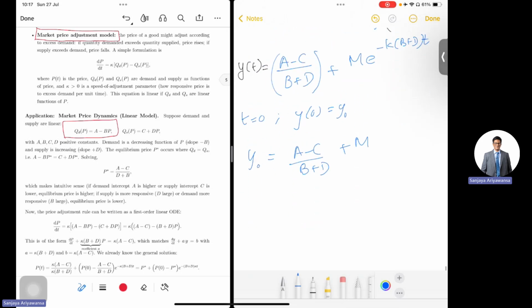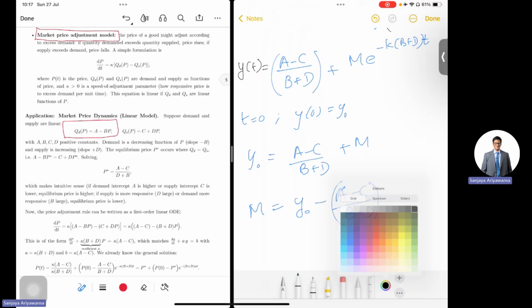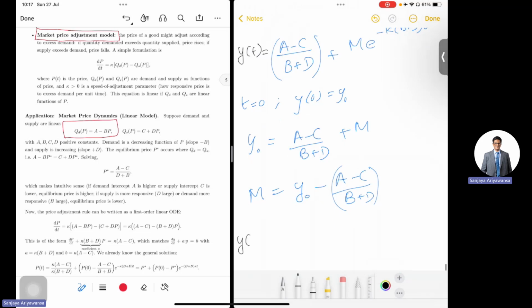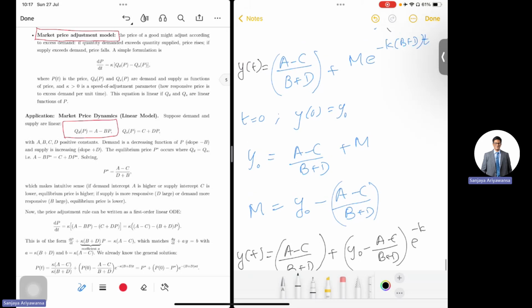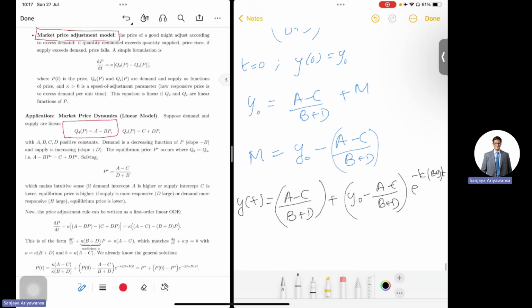So m, my constant value, would be whatever the initial condition y of 0 is minus this. So therefore, I have my final equation: y of t equals (a minus c) over (b plus d) plus (y of 0 minus (a minus c) over (b plus d)) times e to the power minus k times (b plus d) times t. That is my solution. And the beauty of this solution is